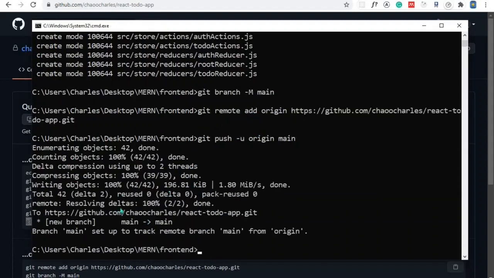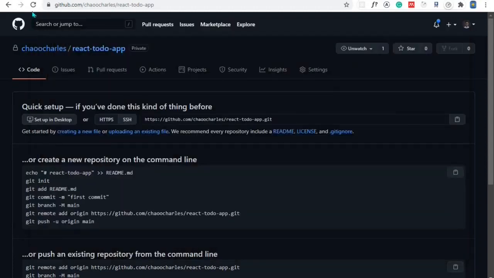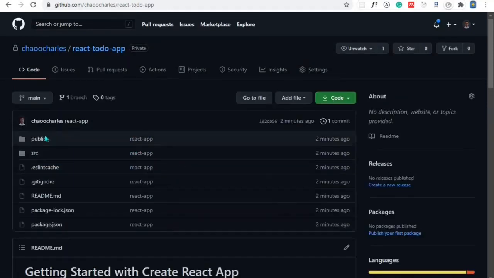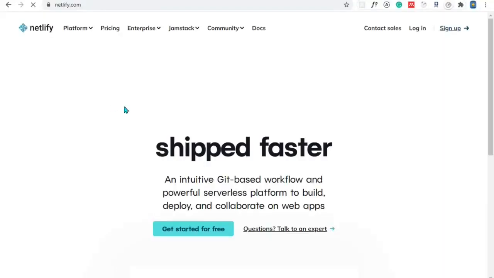Now my code has been pushed to GitHub. Now I can come here and refresh this page, and we should see something different. And now here we have our files which are available in GitHub, and you can see the commit message is React app. Now that we have the application available in GitHub, we can go to Netlify,